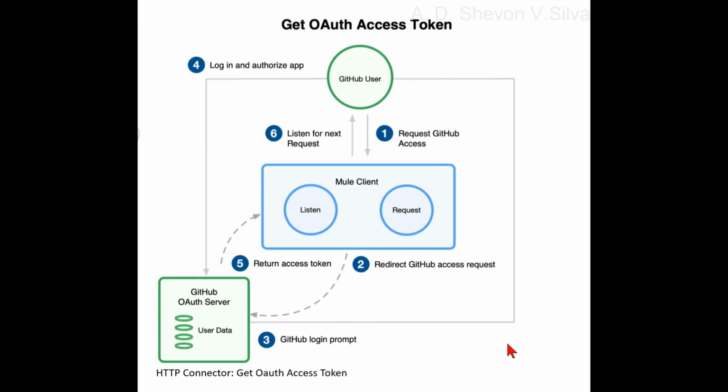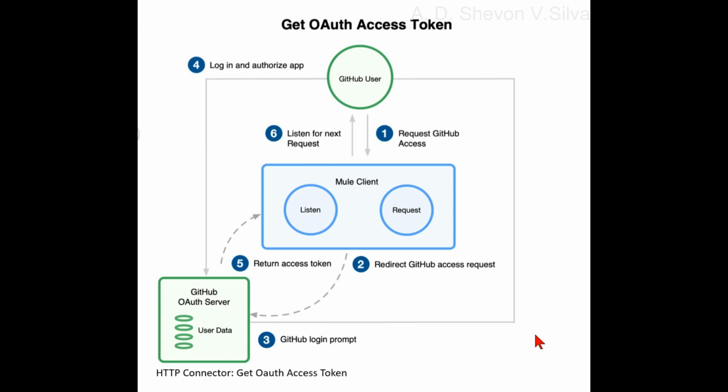The OAuth authentication server holds the resources protected by OAuth. For example, API calls to the GitHub API can be authenticated through GitHub server using OAuth. Note that HTTP connector supports only OAuth 2.0. Following example shows how to configure the OAuth 2 authorization code grant type authentication for the HTTP request operation by